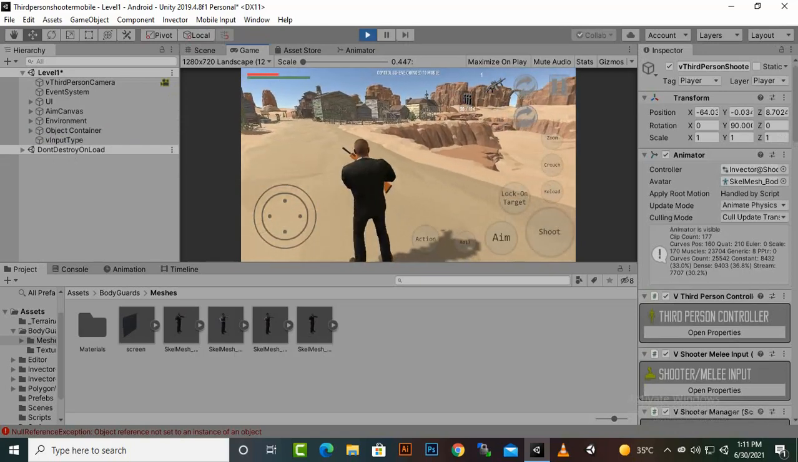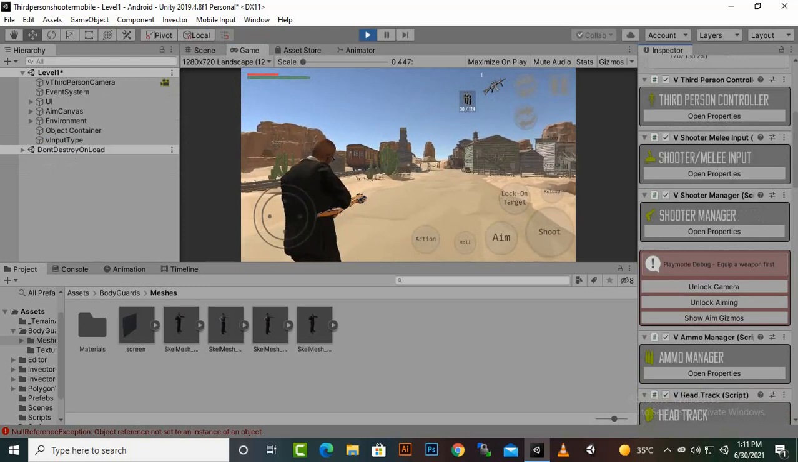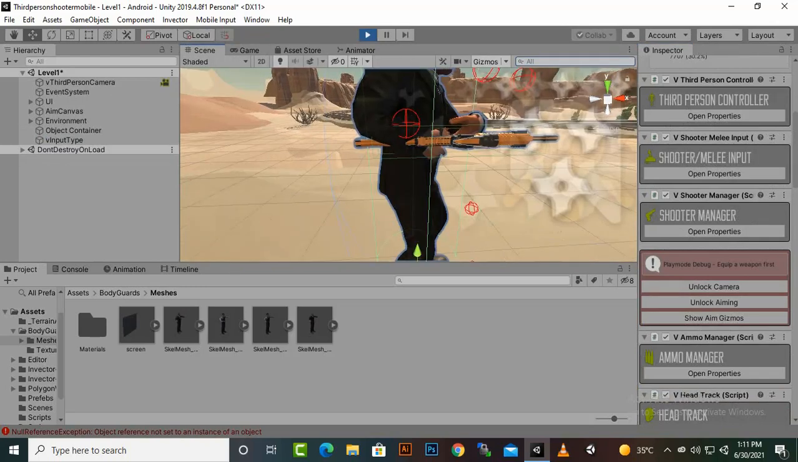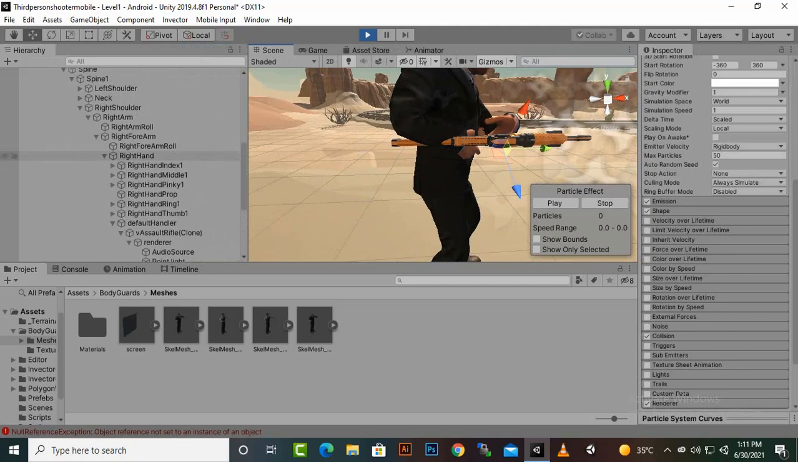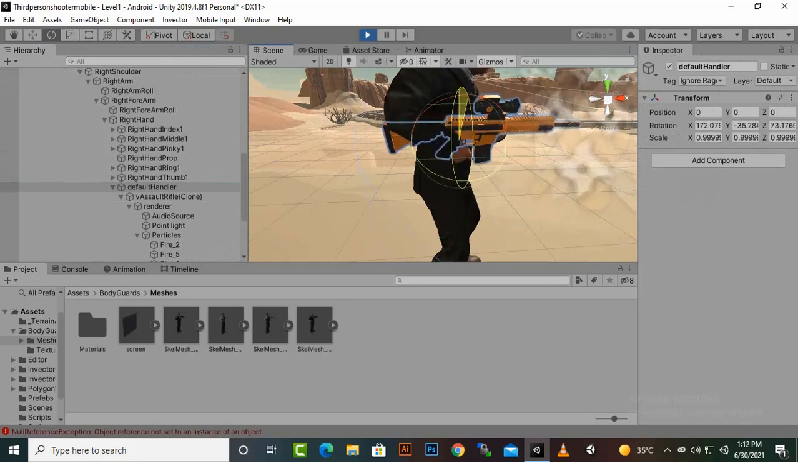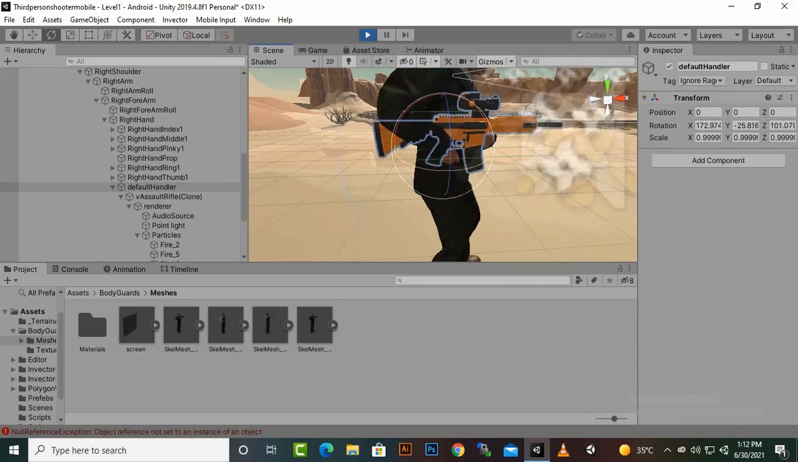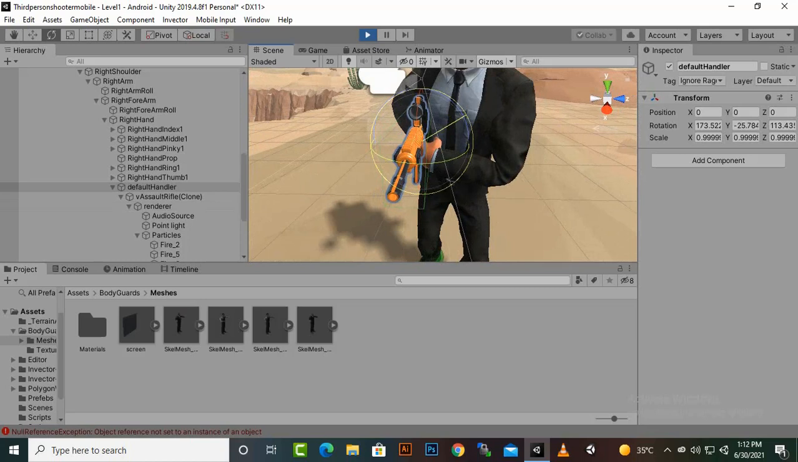So for aligning the weapons, we will select the third person player, we will lock camera, lock aiming, and then we will go to scenes. In scenes we will select the weapon, and you will see that we have right hand, and then we have a default handler here. We will select the default handler, we will select the rotate tool, and then we will rotate the weapon accordingly. So definitely you can rotate it with small flicks, or